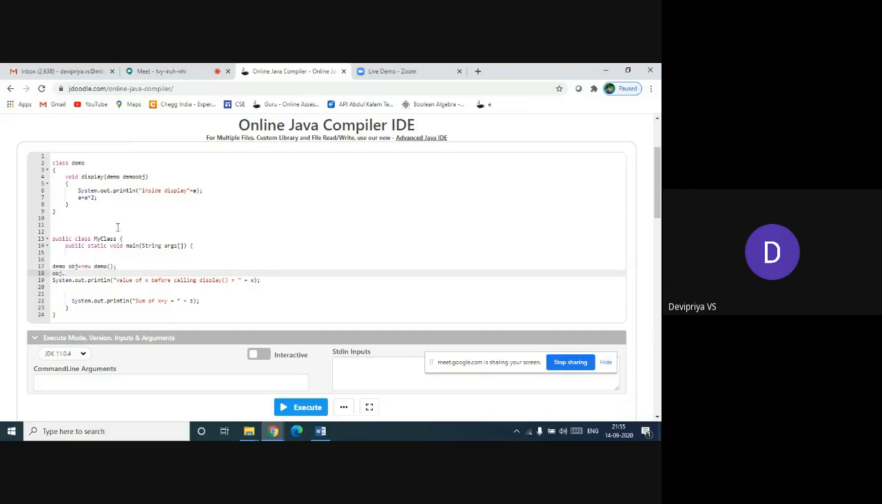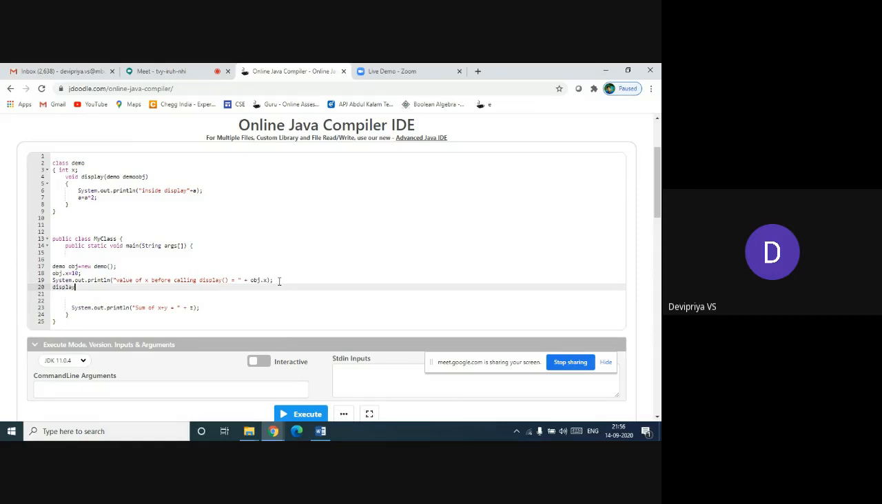I am declaring a variable x here. obj dot x I assume to be 10. Before calling the display method, what is obj dot x? And then I will be calling the display method. Inside that, instead of passing the copy, I am passing the object reference itself. So the object reference contains the address of the object. So display obj